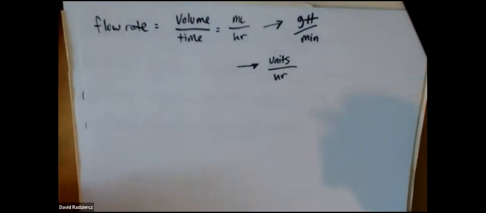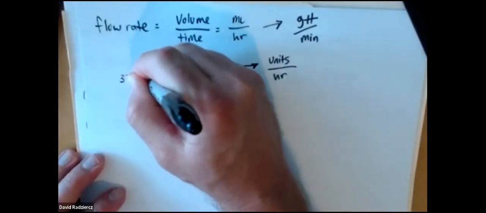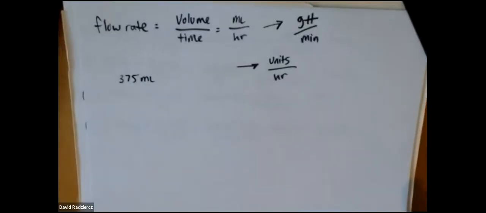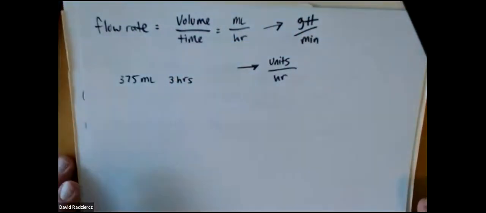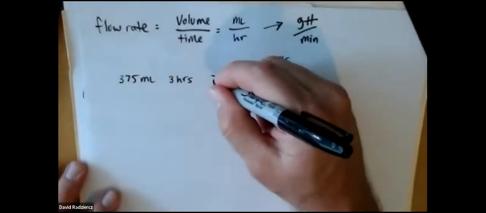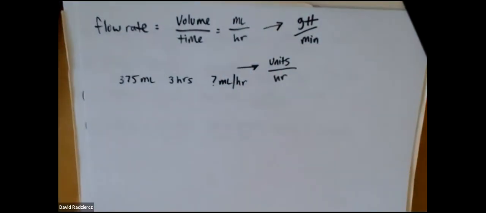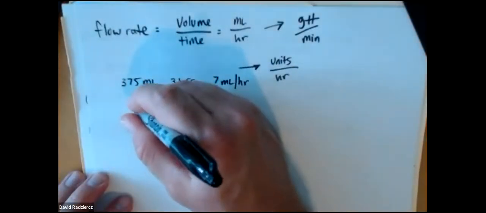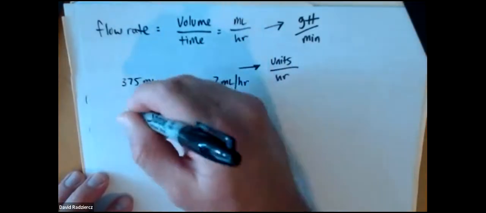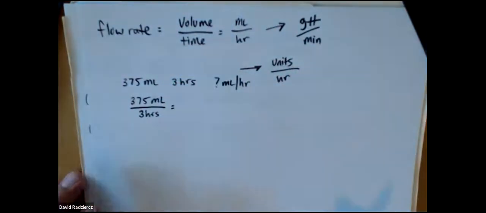Let's say I have an infusion running. There's 375 milliliters of a particular IV, and it's running over 3 hours. And I want to know what to set the infusion pump to in milliliters per hour. So all I'm going to do is take my 375 milliliters volume over the time, 3 hours, and reduce that. So 375 divided by 3,